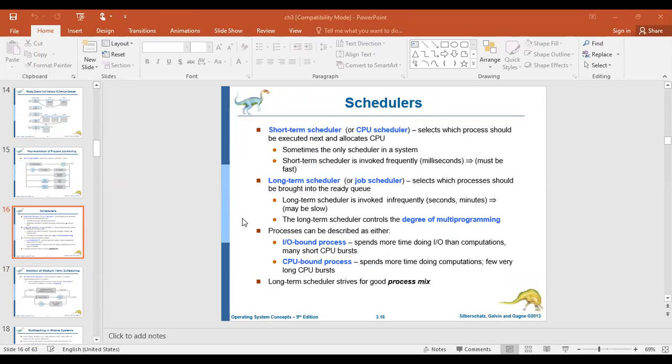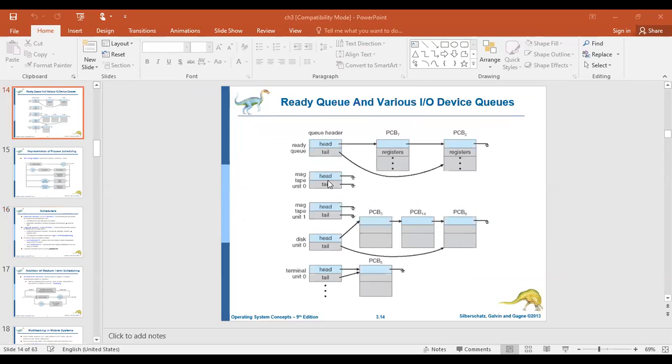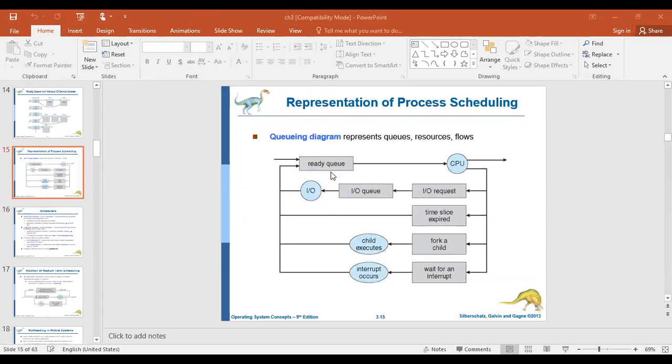So simply you pick a process from the ready queue. Sometimes it is the only scheduler in a system. The short-term scheduler is invoked frequently, because, as I explained in the last slide, the first job is picked from this and the CPU starts its execution.